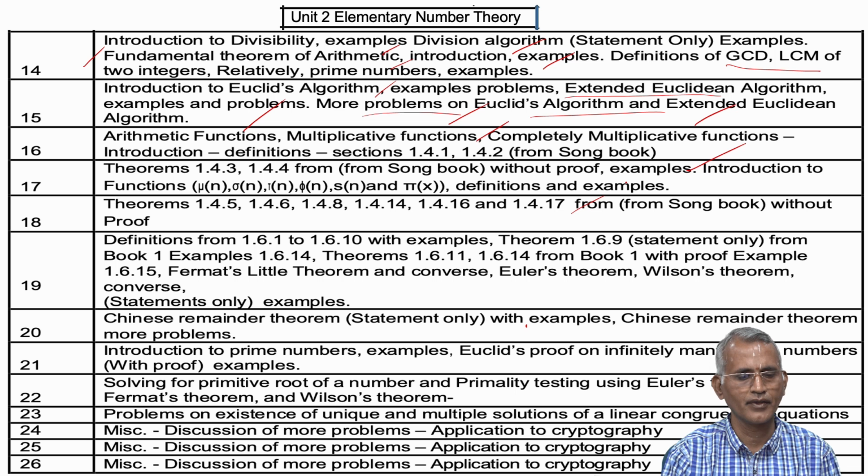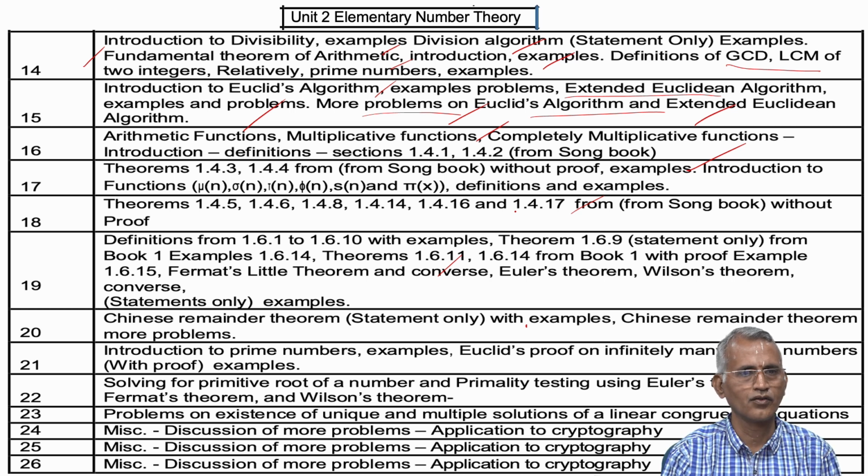the statement. Sometimes I will give the proof, and then followed with that we have a lot of definitions, based on Fermat's little theorem, the converse of Fermat's little theorem, Wilson's theorem and so on, followed by module 20, the Chinese remainder theorem, and then more examples of the Chinese remainder theorem,